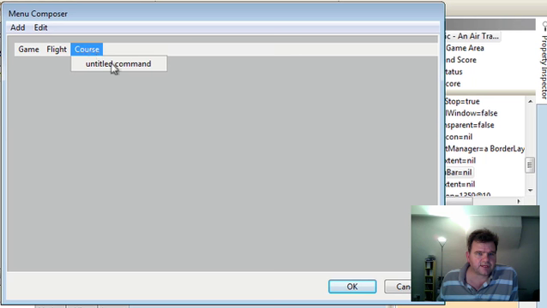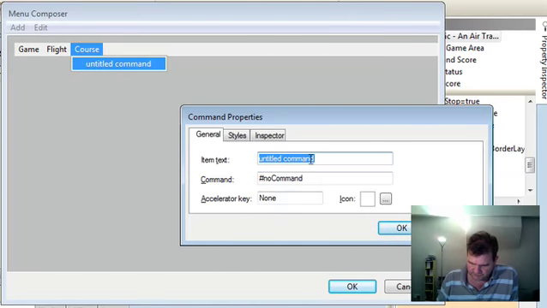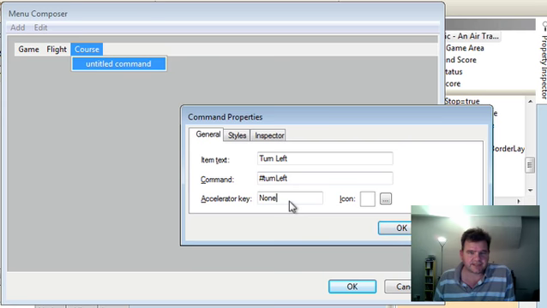So now let's finally go on to the course menu, and in here we're going to add a couple of commands to be able to turn the plane either left or right as part of the game operation. So let's just say turn left, and so we can operate this game from the keyboard. I'm going to add an accelerator key here, so I'm going to use Control L turning the plane to the left and Control R turn to the right. So I type Control L here,